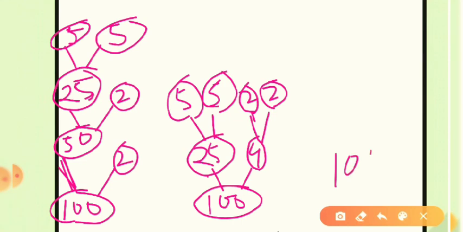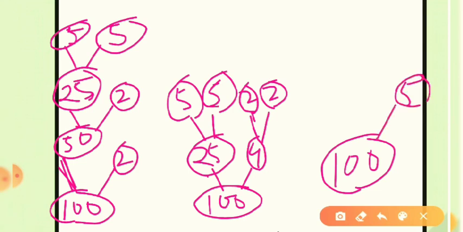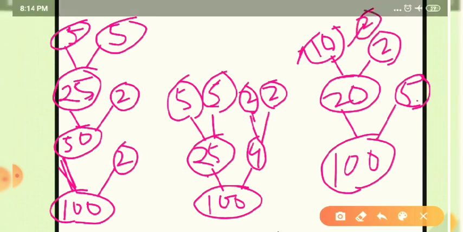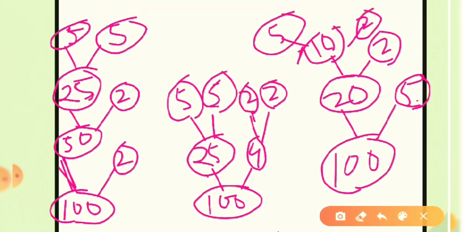Now last, we are going to make the last factor tree for 100. The last pair was 5 into 20. So let's write 20. Now 5 has only one factor, 1, so leave that and come to 20. It has more factors: 2 and another one is 10. Now 10 has more factors. First one is 2, so we can write 2 here, and another one is 5, because 2 fives are 10. So in this way you can see that 100 also has 3 factor trees like 24.